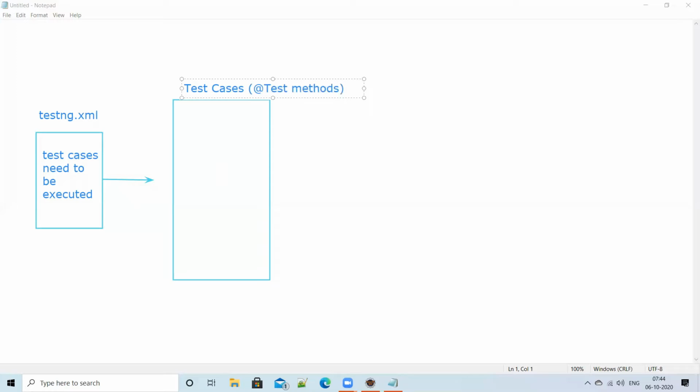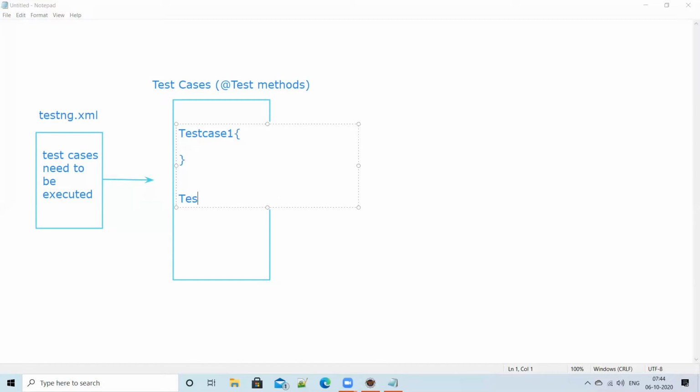So you have test cases, nothing but test methods. So there you have test case 1, right? And you are specifying here the code. What is the code here that needs to be executed?